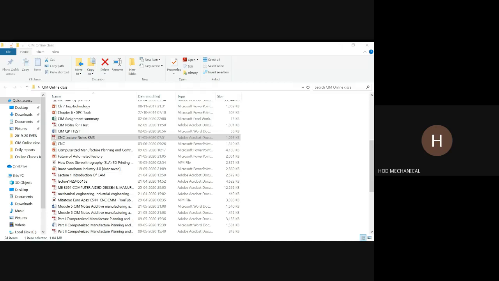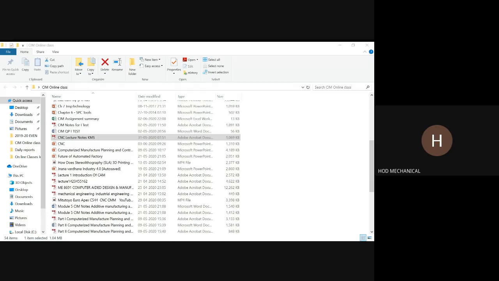Now one more thing that you need to understand here is, in case of machining, there is also the possibility of circular interpolation. Circular interpolation is going to be very important. It is either clockwise circular interpolation or counterclockwise circular interpolation. Clockwise circular interpolation is defined by the G02 command.